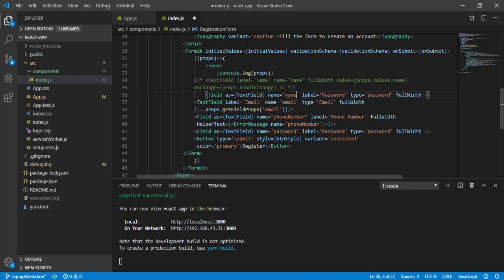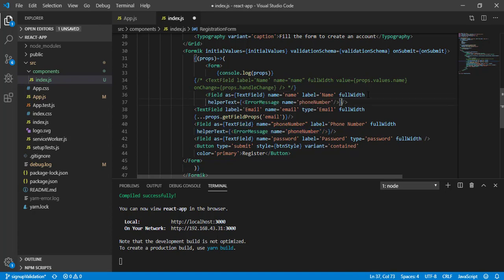Text, here it is name. The type I can remove here, and I need to pass this helperText. So I will do this helperText, and this is going to be name. I will comment this line as well.